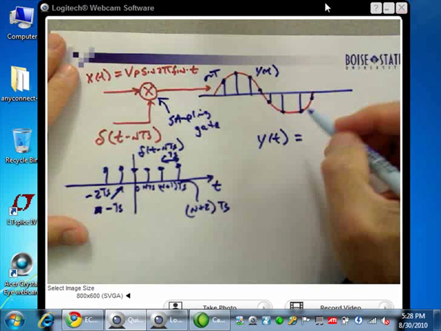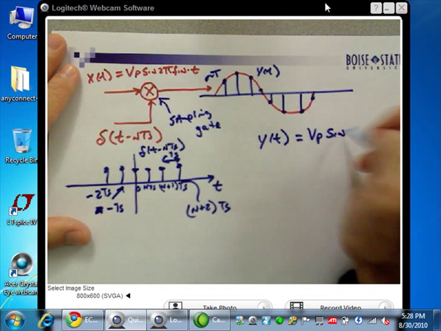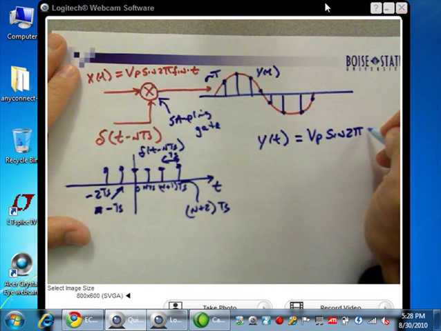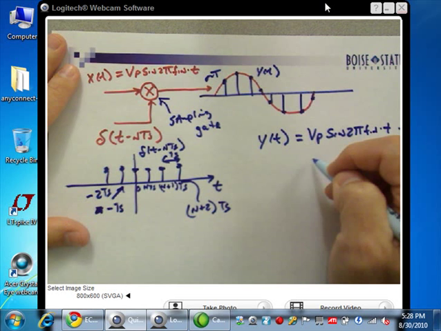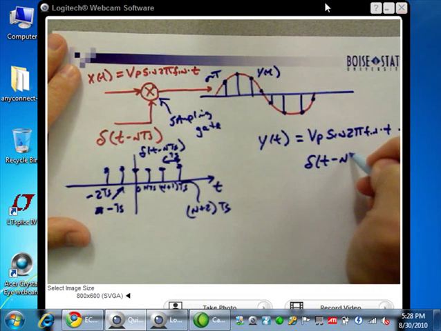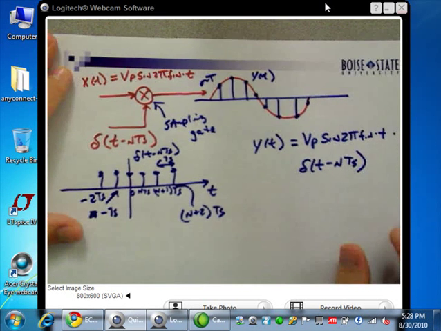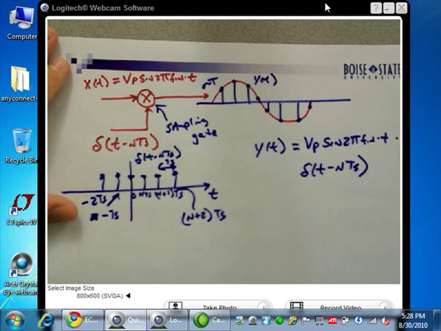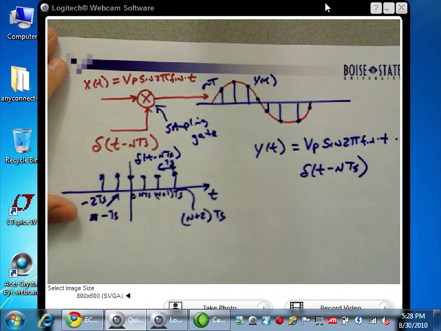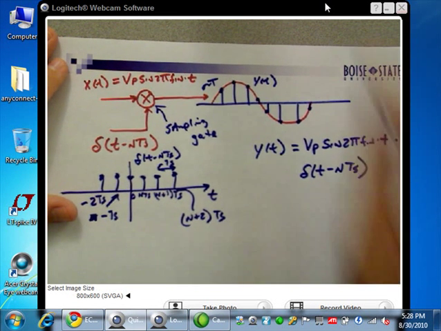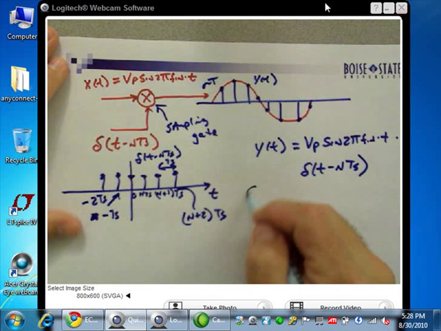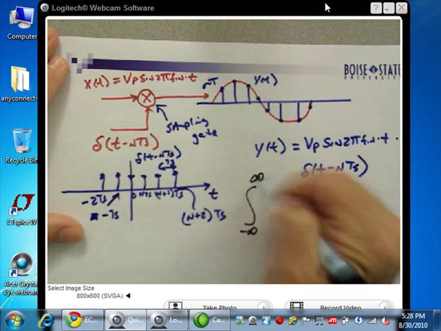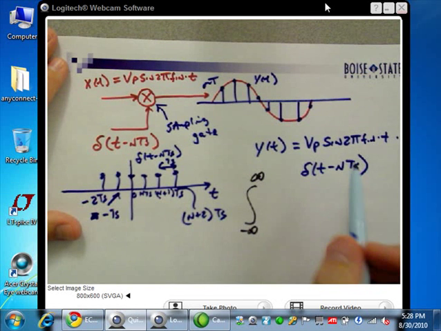y of t is equal to sine of 2 pi Fn times t, times a delta function, which is delta of t minus nTs. Now what I'm concerned with is, what does the spectrum look like in the output? So what do I do to find the spectrum? Take the Fourier transform. So I take the Fourier transform, minus infinity to infinity, of Vp